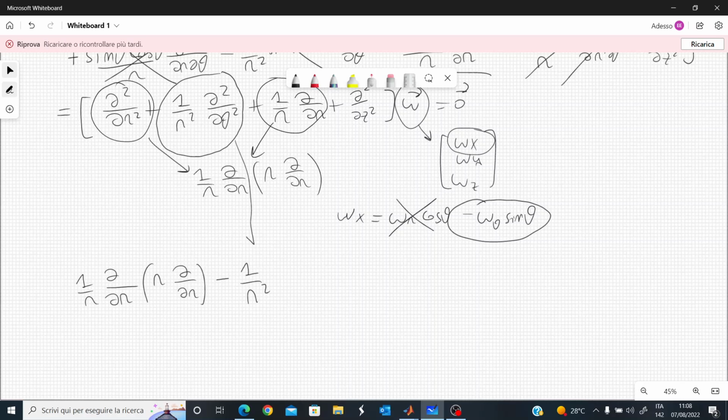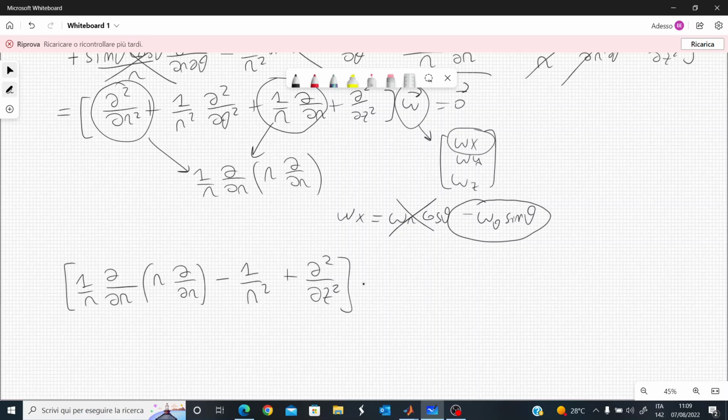We can rewrite it as minus 1 over r squared, since when we act with this operator on minus omega theta sine theta, since omega theta should not depend on theta because of symmetry, that will only act on the sine of theta. And therefore, when we take the second derivative of the sine, we get minus the sine. So we can put a minus here, and we can rewrite this operator simply as minus 1 over r squared, and then we get plus d squared dz squared,